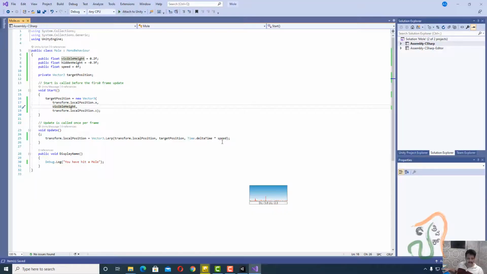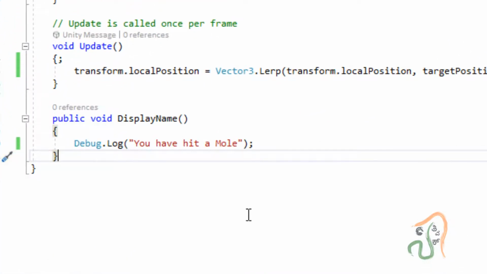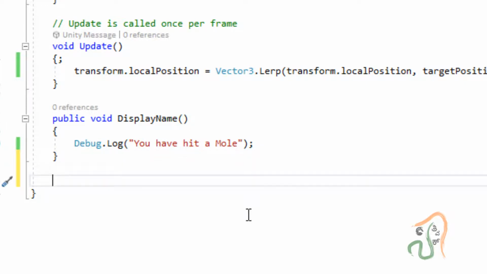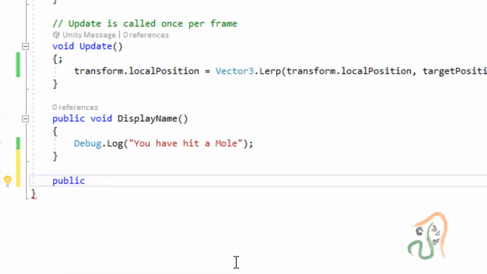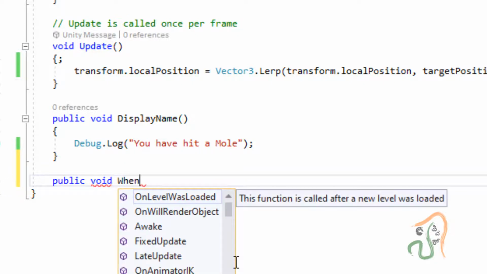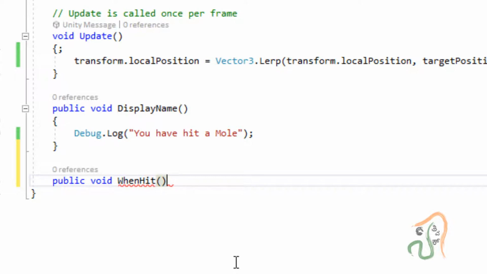Now come back here to the script, and to do this we are going to declare a new method. The new method that we are going to declare is public void, and the name of this method will be WhenHit, with capital W and capital H, and add open close brackets because this is not going to return anything.